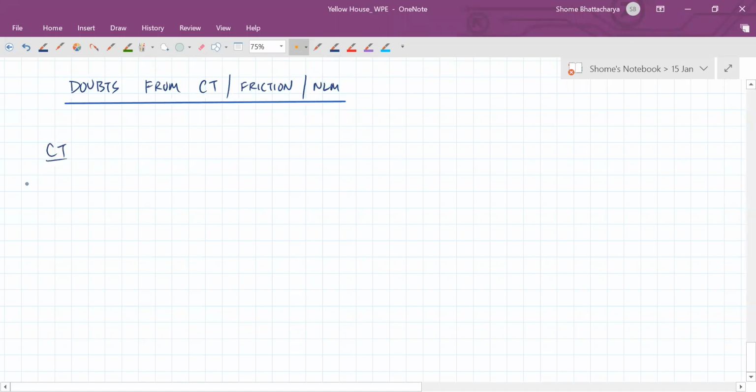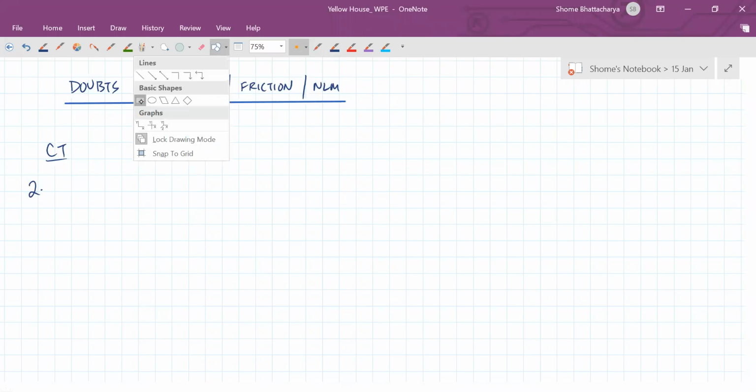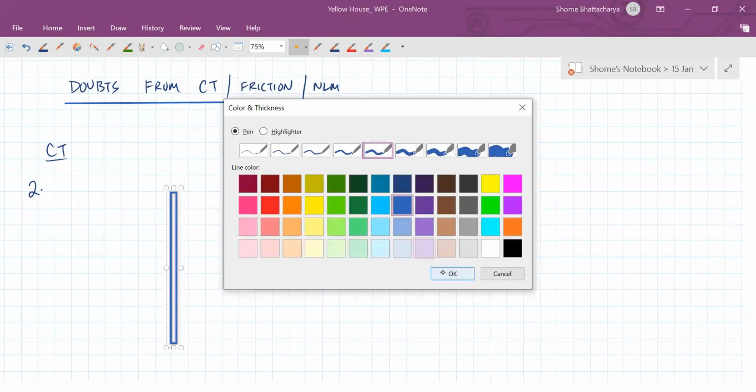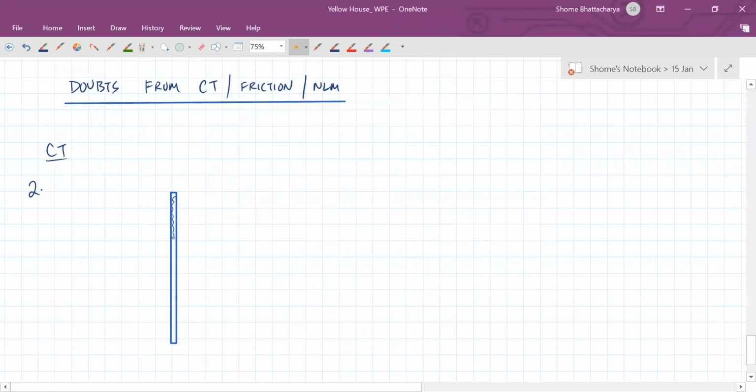From cumulative test question number 2, it says a rope of mass 5 kg is moving vertically with an upward force of 100 newtons acting at the upper end and a downward force of 70 newtons acting at the lower end. We have to find the tension at the midpoint. Okay, so we have this kind of situation, this rope kind of thing. Now this has a mass of 5 kg, so it's a heavy rope